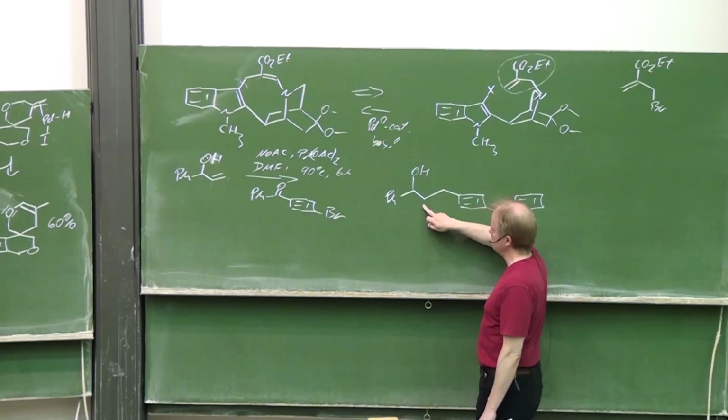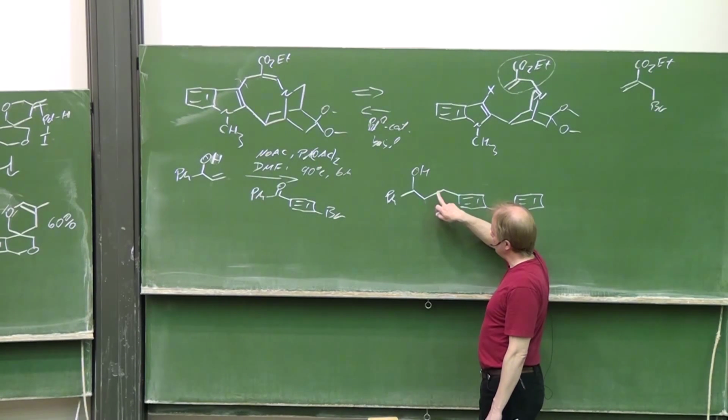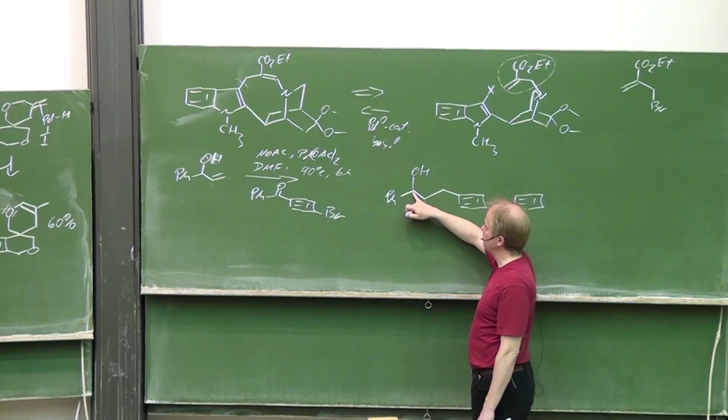So the palladium is sitting here. Beta hydride elimination to this position has the advantage that we get a conjugation to that benzene ring. However, in this direction, we have both conjugation to the OH group, we form an enol, and